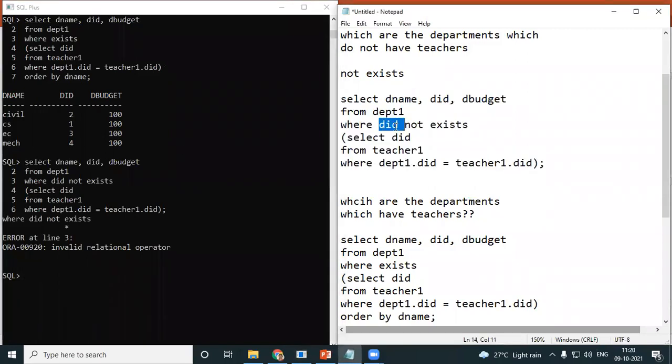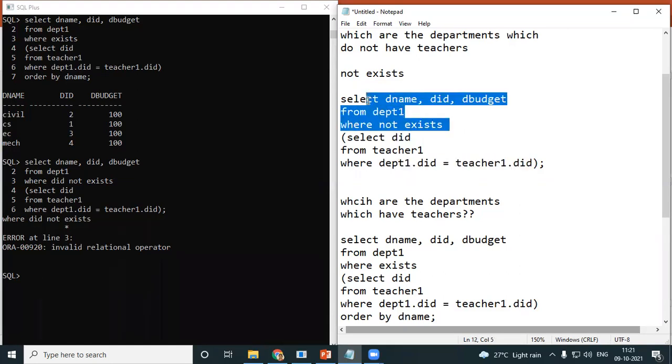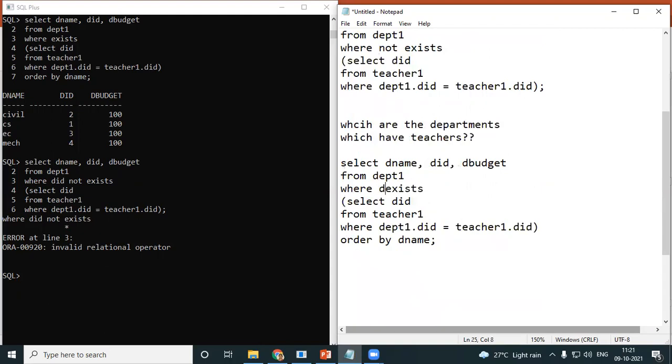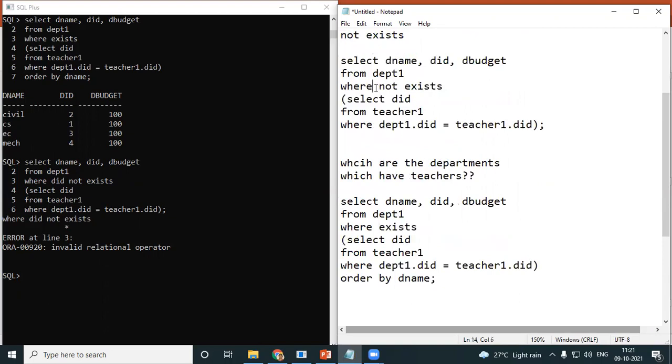When you're using exists and not exists, you need not write the common field over here because you have this and this. Automatically it will be taken in your outer query. You need not worry about that. SQL is much more brainier than you. It will do it. Okay, so this is the common mistake that everybody does. They will write where DID not exist, or here they write where the common field DID exists. It will give you an error. So these are the only things you need to remember. Here need not write anything. Just simply write where not exists, where exists, it will work perfectly.